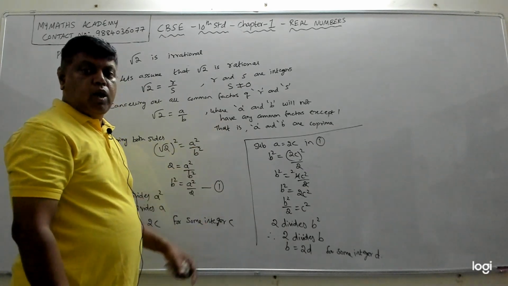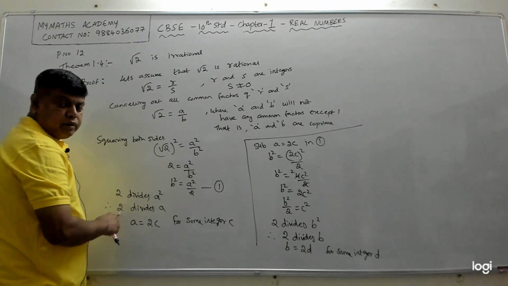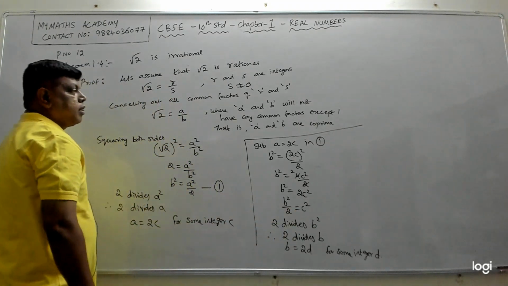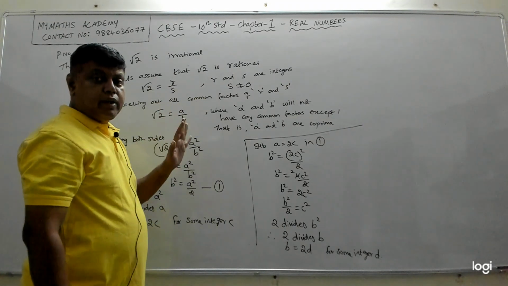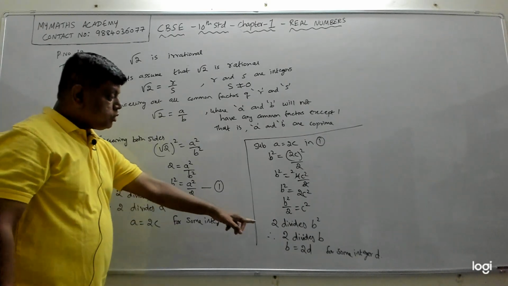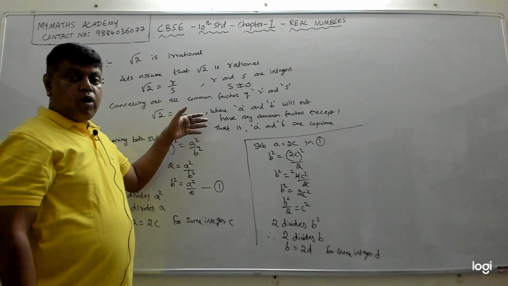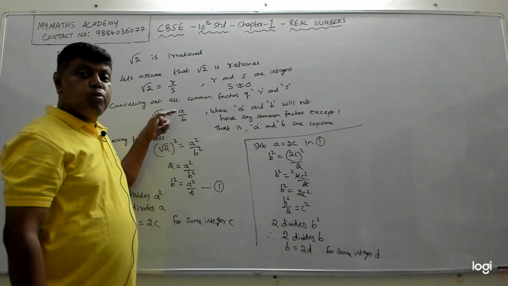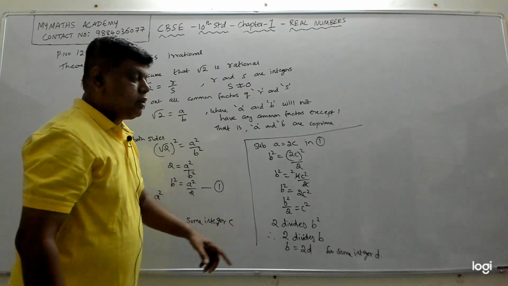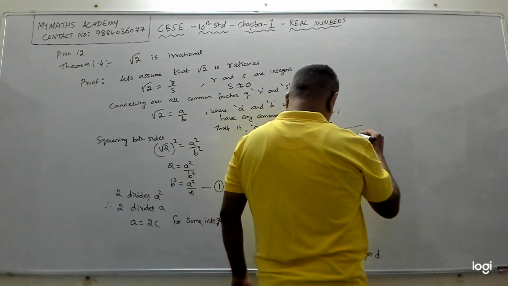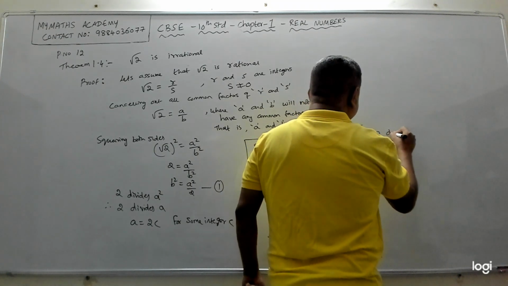Except the number 1, it will not have any common factor. But what are we seeing? We are seeing a factor 2, a common number that divides a as well as b. But after cancelling out, we said a and b are such that no number will divide both a and b. But down the line, what we are getting? 2 is dividing a as well as 2 is dividing b. Right? So we also have 2 divides